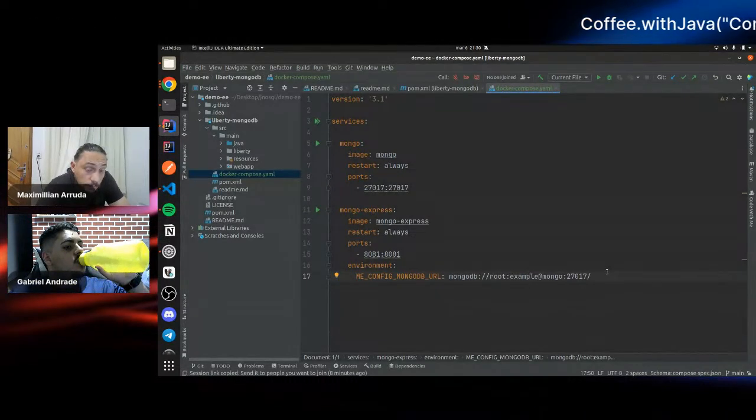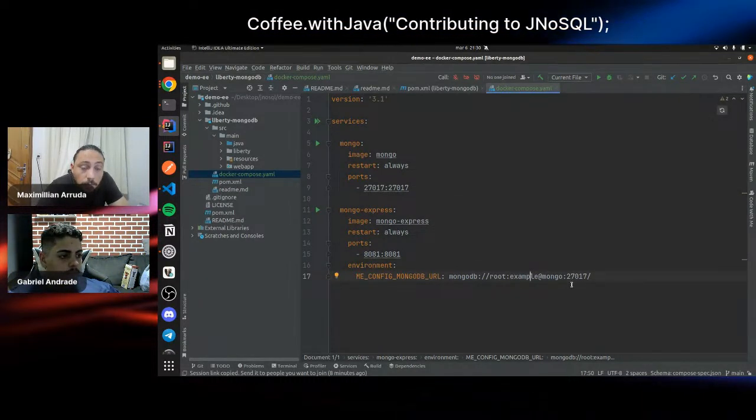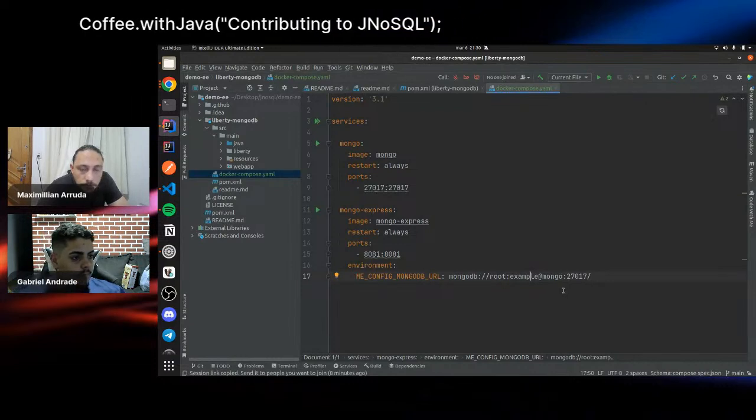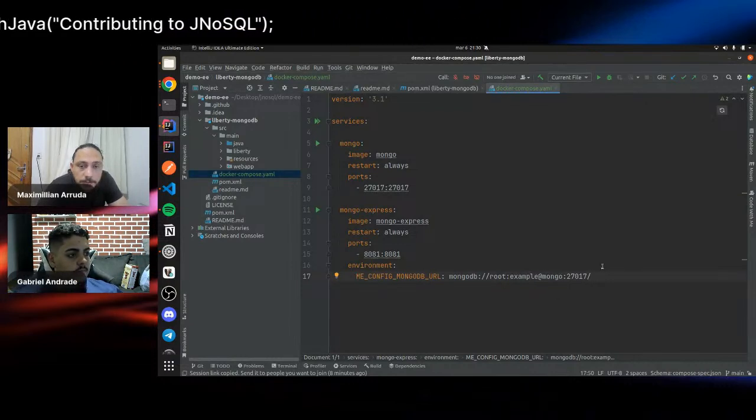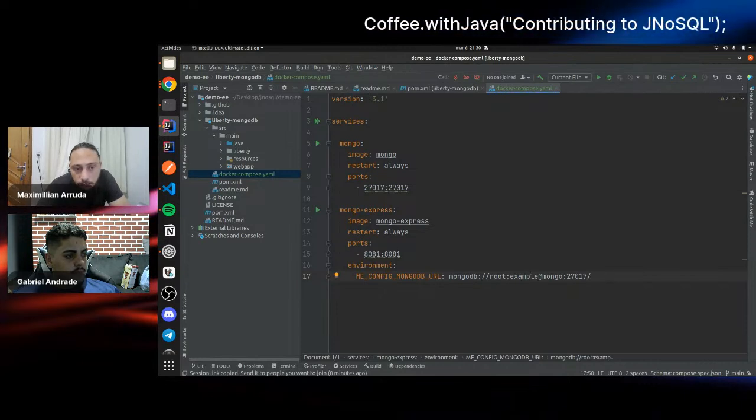So when you reach this port on localhost, it will be redirected to the same port in the container, and the container will start to answer when you request something.